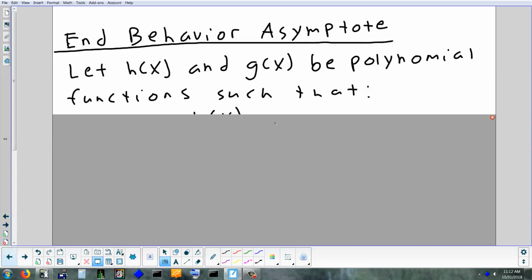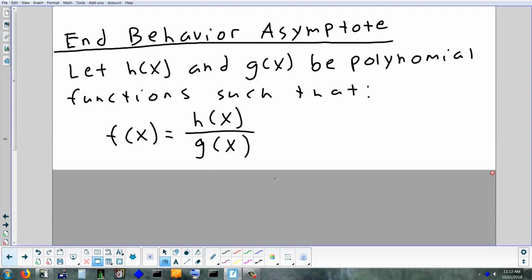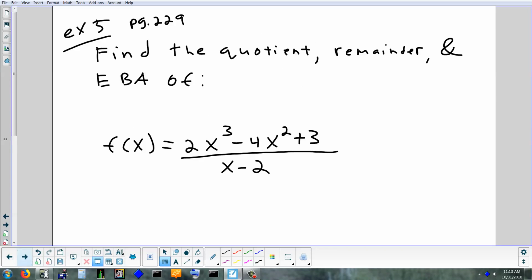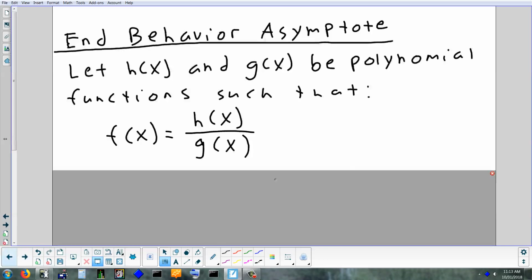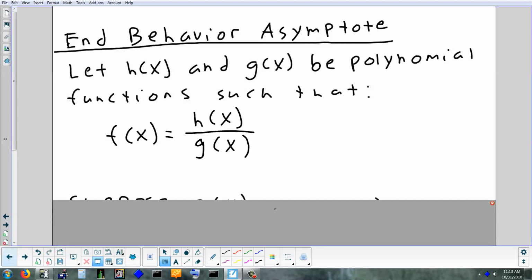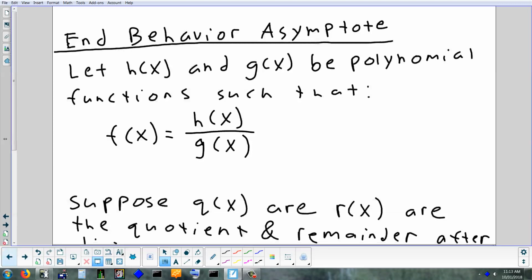All right, so let's suppose that you have a rational function. Okay. h of x is the numerator, g of x is the denominator. What would that actually look like in a problem? Something like that. In this case, the numerator is 2x cubed minus 4x squared and all that stuff, and the bottom is x minus 2. So you've got a polynomial on the top, polynomial on the bottom. When you divide them,